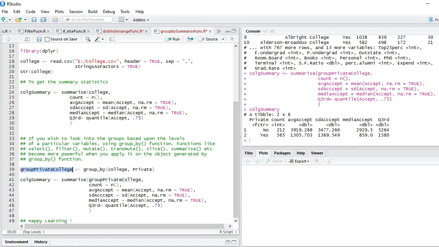The object created can result in really time saving and real quick results if you're looking into the groups, if you want to check for the different groups within the dataset. I hope you enjoyed learning this tutorial. I will request you to go ahead and explore group by function and combine the object generated by group by function with other verbs or functions which we have in dplyr package.